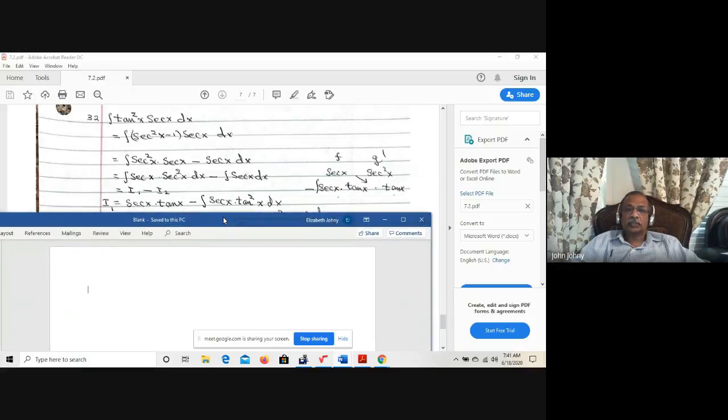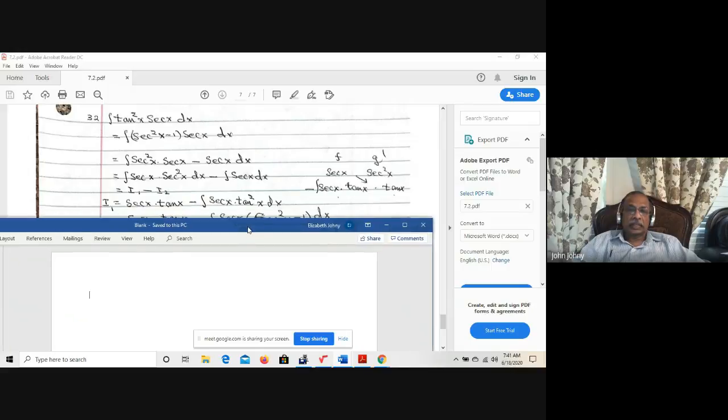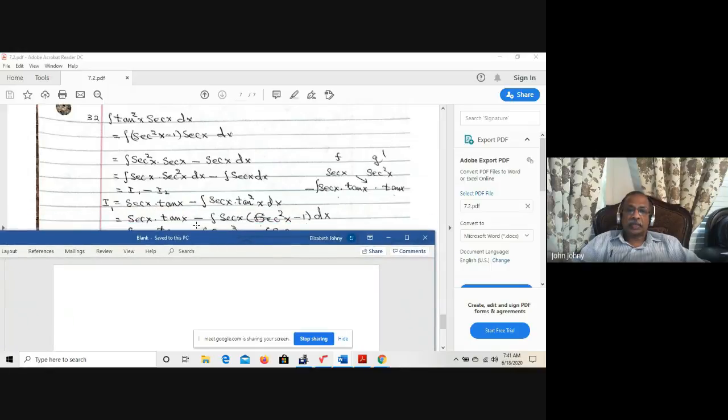I1, you are doing the integration by parts here. First function is secant x. Its derivative is secant x times tan x. So g prime is secant square x. Its antiderivative is tan x. So that is going to be secant x times tan x minus integral secant x times tan square x. That is I1, and that is equal to secant x times tan x minus integral secant x times